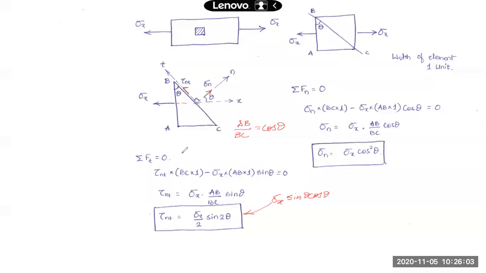Yes. So here I have written tau nt is sigma x by 2 into sine of 2 theta. Is that okay? Will this relation hold good? Anybody agreeing with this one or are all disagreeing? Yes, sir. Okay. So what we have found here is we have taken one simple case of tension, a member subjected to tensile stresses, and determined the stress on any inclined plane. Theta may be anything, whatever your interest is. You can evaluate the stresses on any inclined plane here.